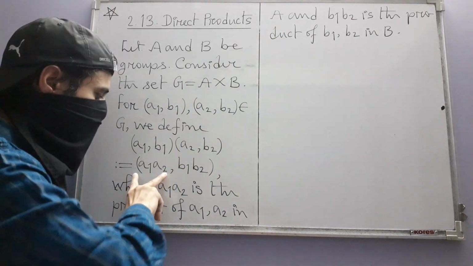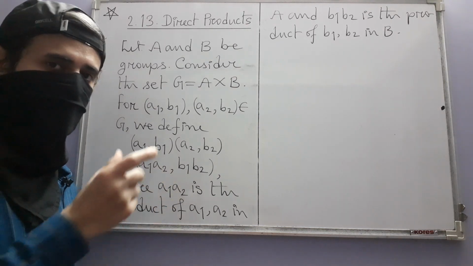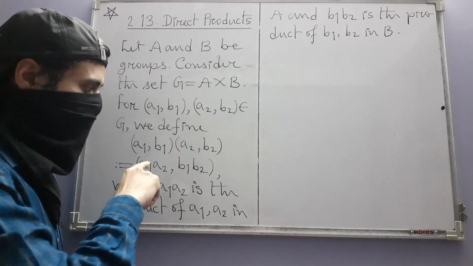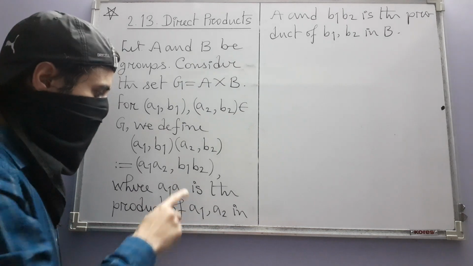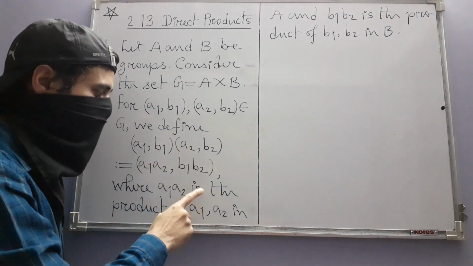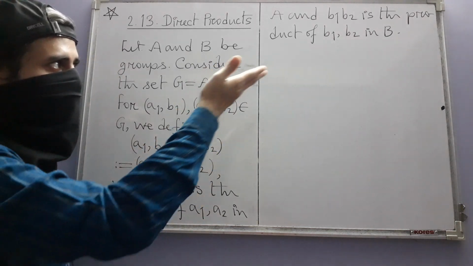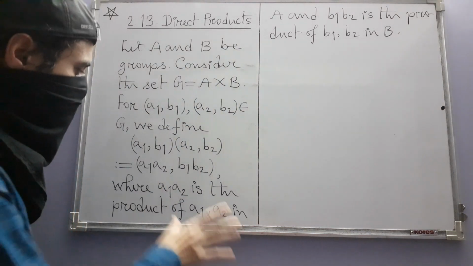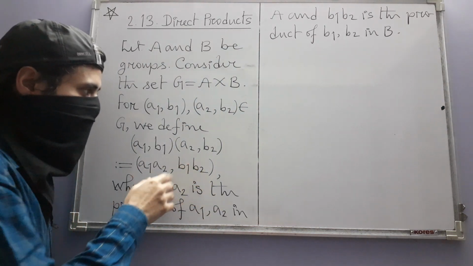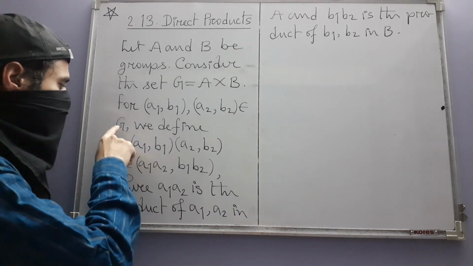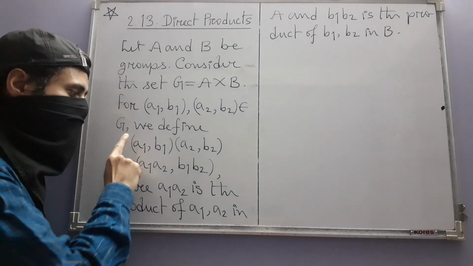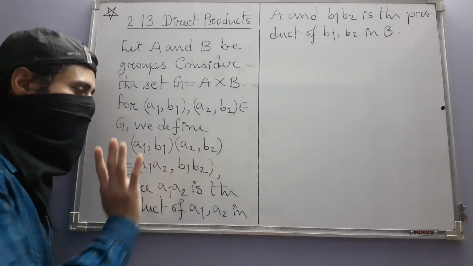So every time we take two elements of A, form their product, we are going to get a unique element in A. Similarly, for given B1 and B2, B1, B2 is a unique element in capital B. So this is a unique ordered pair, or a unique element in capital G,